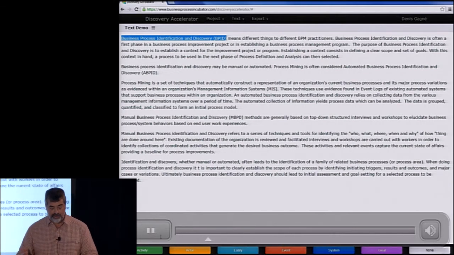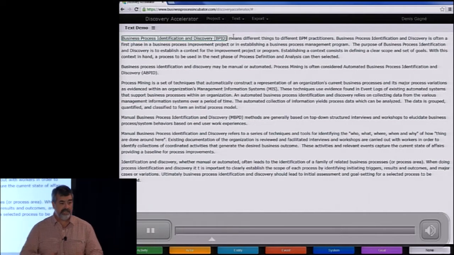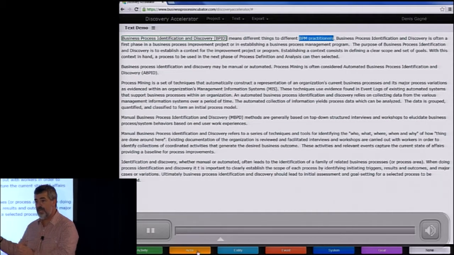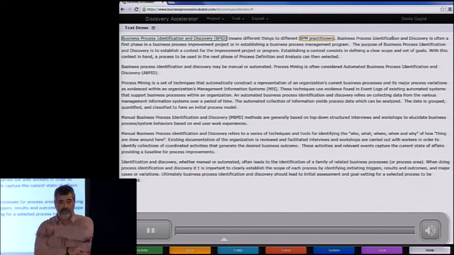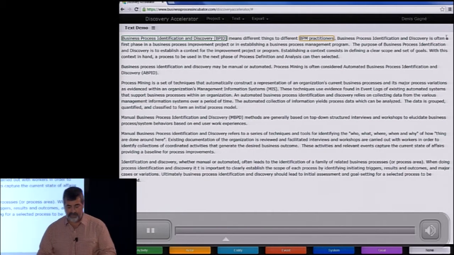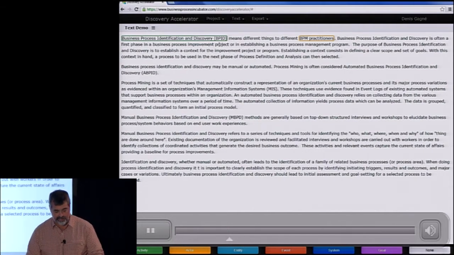And as I'm going through, so for example, business process identification and discovery, that's an activity. And I read my text. And as I'm reading the text, I'm making interpretation of that text. And one of the things you'll notice, this is not a structured hierarchical text in the positive grammar. This is a text that goes back and is backward. So now I have BPM practitioner identified as an actor. I'm reading through, and then I go establishing